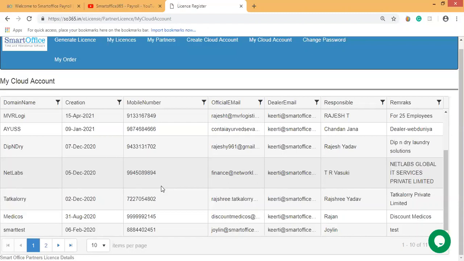So in future, if they are cloud users, we can just track them and we will come to know that so and so dealer has created a cloud account for them, and we can intimate you that so and so customer is contacting us for support or for renewal, whatever, so that we can contact you directly.